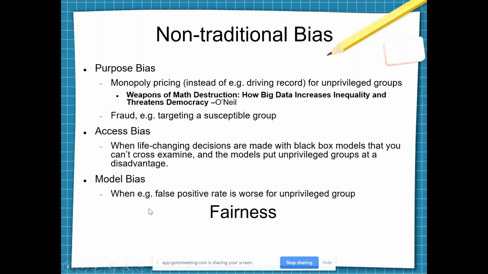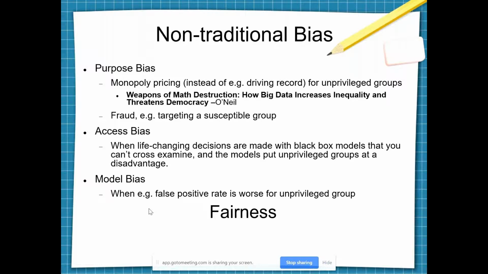So, non-traditional bias that we've already touched upon. Purpose bias, which is sometimes we think that the purpose of a model is one thing, but it's actually something else. So for example, we think of the modeling that's done in the insurance industry as trying to find people with certain risks and group them together or assign their pricing based on the amount of risk. But in fact, a lot of